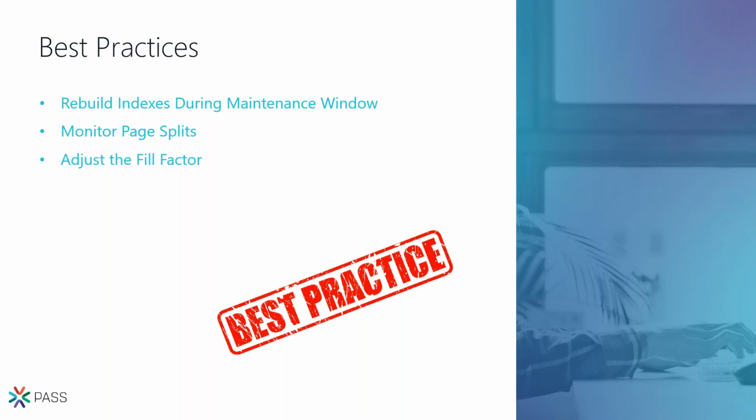So let's say you have a weekly maintenance window and you rebuild your indexes every week and you monitor page splits over time. For one index, for example, you can see that you have a very small number of page splits after a week, and the fragmentation is quite low. Then maybe you can increase the fill factor. Let's say it was 80%, you can try to increase it to 85% or maybe 90%, because you don't need all that space empty, since you don't have so many page splits.